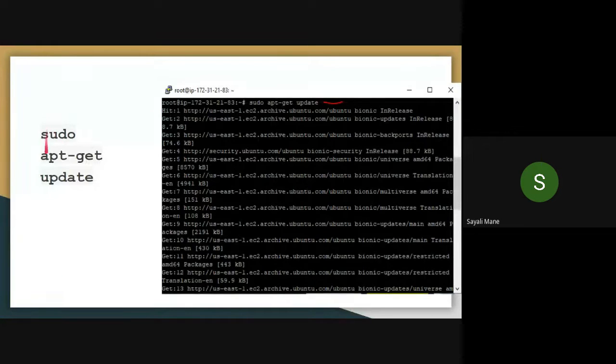For that, please type this command sudo apt-get update. Or better, I'll copy the command and paste it in the chat box.